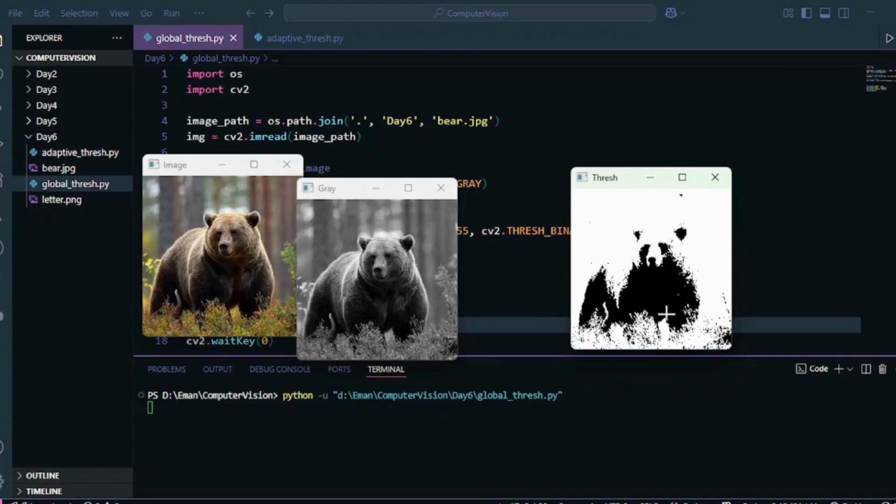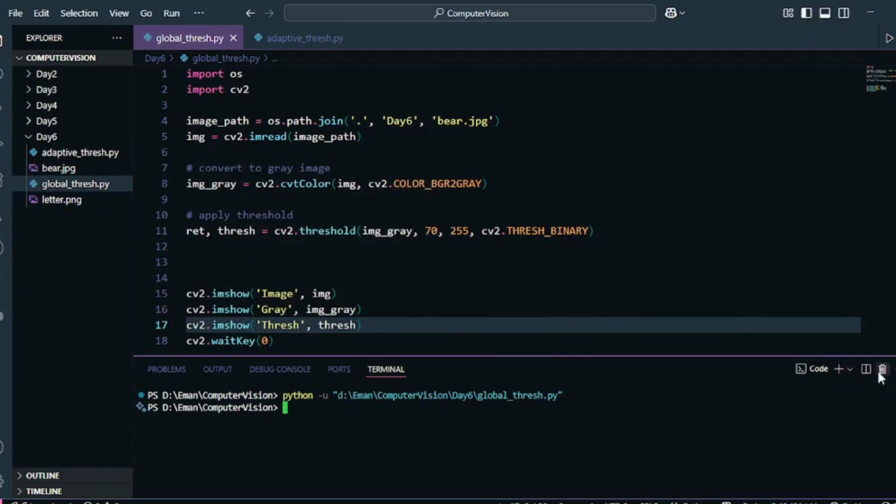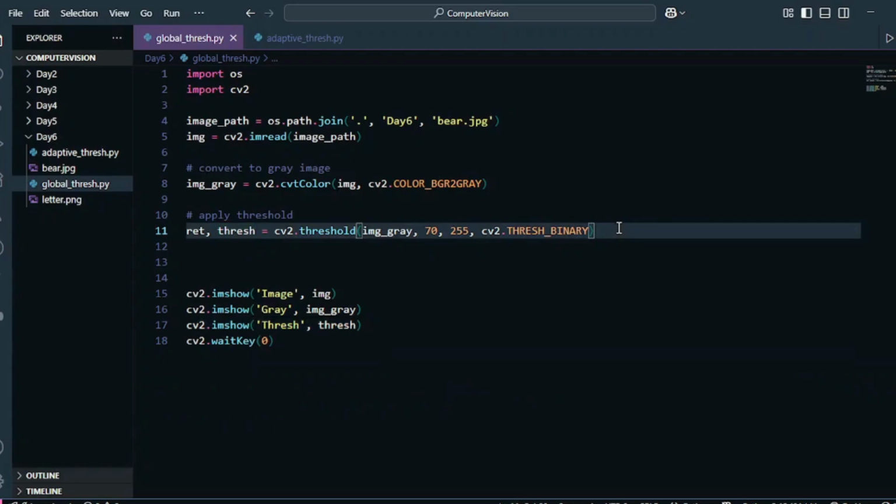Okay, because these are the black pixel values. Although yes, it is not that clear, and there are some errors. You must be like, okay, this part of the beer is missing, right? But still we can identify the location of the beer, that the beer is somewhere over here around the black pixels, right? So this is one of the applications of thresholding. So you can use thresholding for object detection or object segmentation to create the segments of our image, because right now, as you can see, we have created the segment of the image, and there was a lot of noise in the image as well, so we can remove that noise as well.